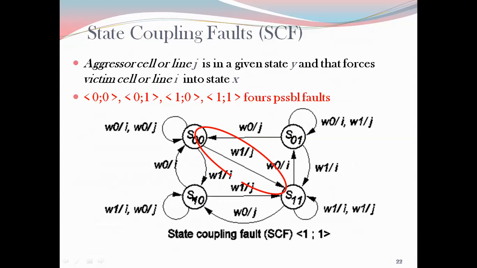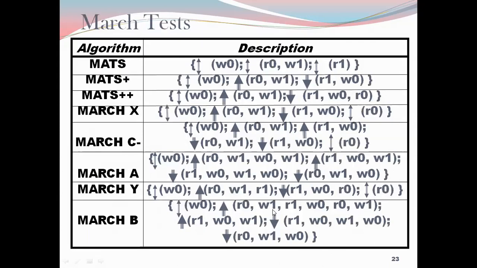So in inversion what was happening? It was changing I. Here it is only concerned with the fault when my J is 0 or J is 1. Okay, so it is a 1 to 1 fault. It is forcing that to 1. Aggressor, if it is going to 1, it is forcing my victim to be 1. So here it is already 1, so there is no wrong transition we are going to make. I hope it is clear.